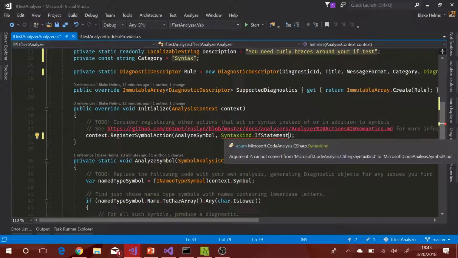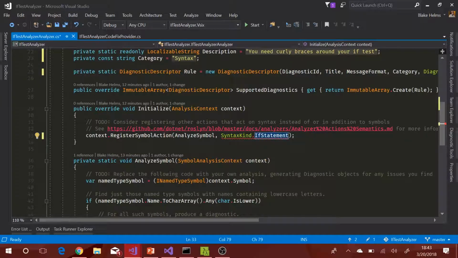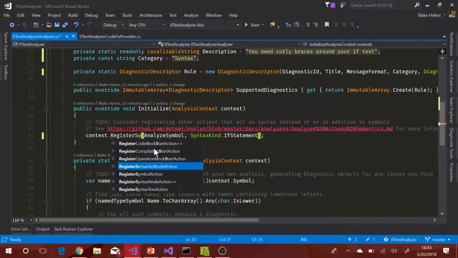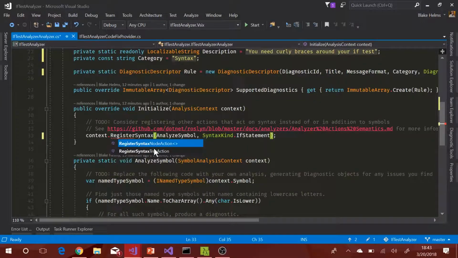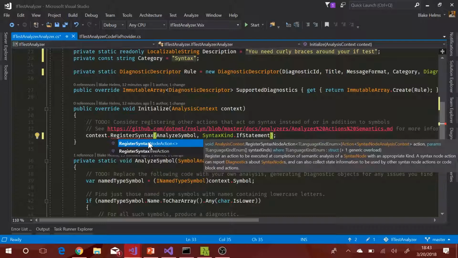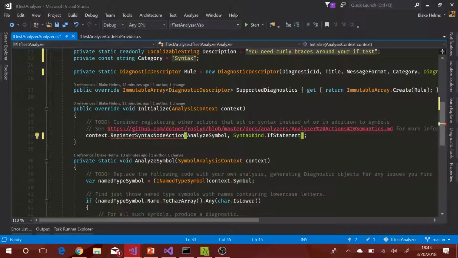And since we changed it to syntax, we're not going to use register symbol action anymore. Can anybody take a guess what it's going to be? There you go. It's going to be a syntax node action. There's a syntax tree action, but we're saying we only want this to apply to a node, not the entire tree. And so you'll see it's still giving us squigglies, and the reason is